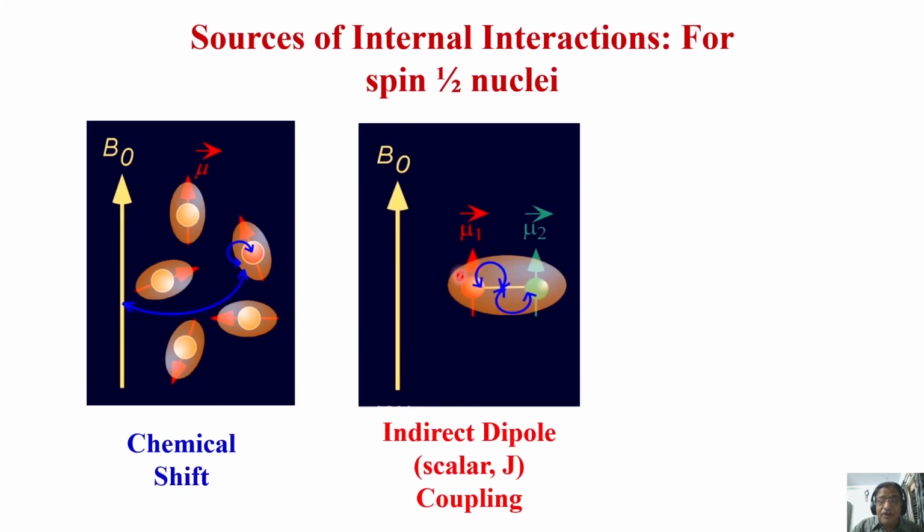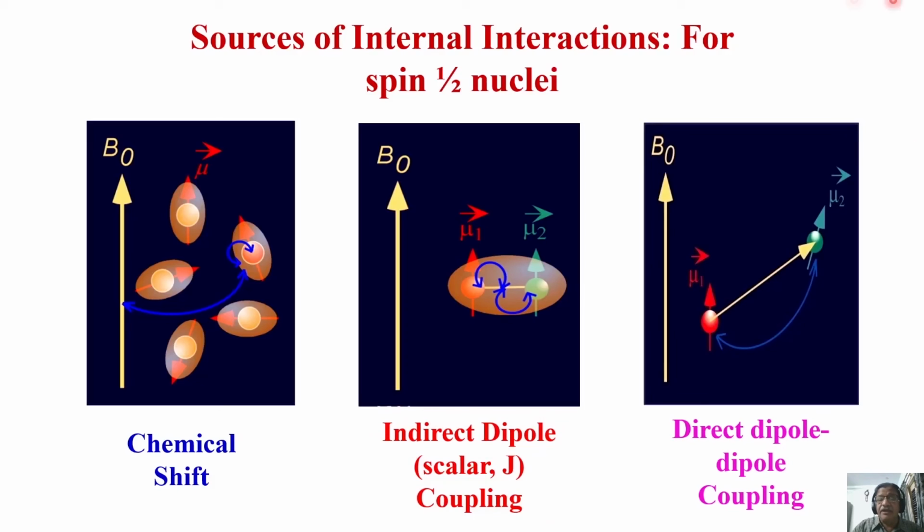And of course, there is an interaction between two magnetic moments, that is, between nuclear spins. Remember, I told you in an earlier class, we say spin, magnetic moment, and several such jargons, but everything is the same. If I say two magnetic moments, fine. If I say interaction between two nuclear spins, fine. There is no difference between these two. This can take place through a covalent bond. I told you this is called indirect coupling or scalar coupling, also called J coupling.